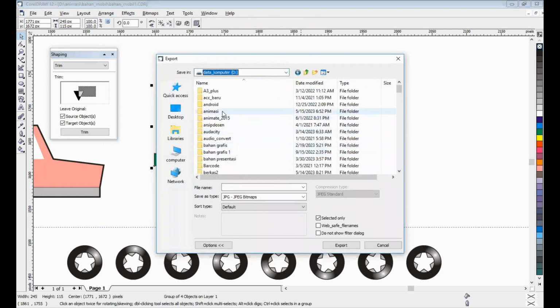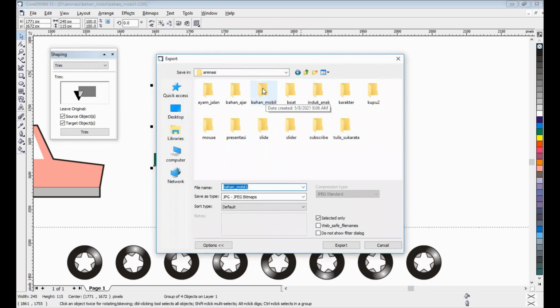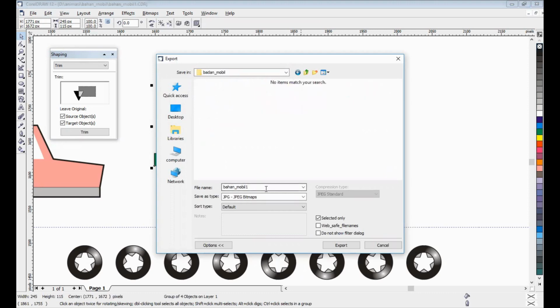But now I want to export to PNG. Yeah, I want PNG. Okay, PNG. Where is the PNG? Okay. Number second.